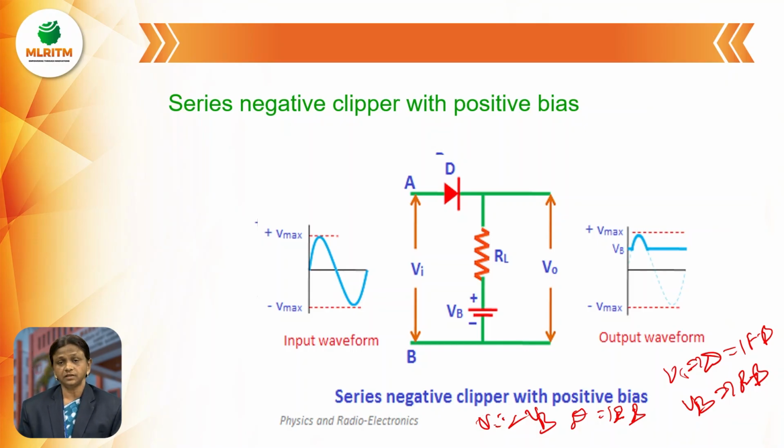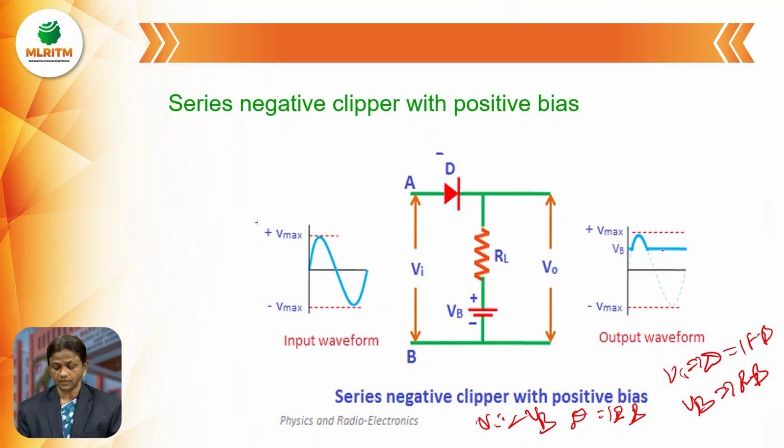Next condition is Va greater than Vb. When Va greater than Vb, which voltage is high voltage? Vi. So due to Vi, diode D is in forward bias. Whenever diode D is in forward bias, you can get the corresponding output. So it conducts, some current is passing through diode D, same current is also passing through load RL. Therefore, V0 equal to IL multiplied with RL. So after Vb or above reference voltage line, you can get the corresponding output. That output must be represented by thick line.